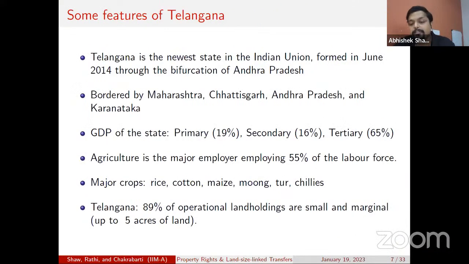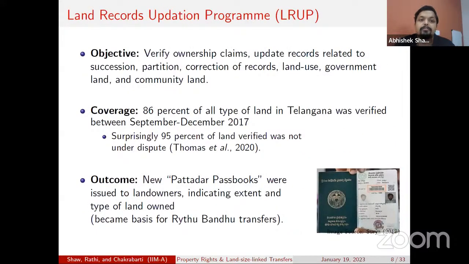This is important because the transfers are land size linked. So we'll come to that. So just to give you a quick explanation of what the land records updation program was all about, it was